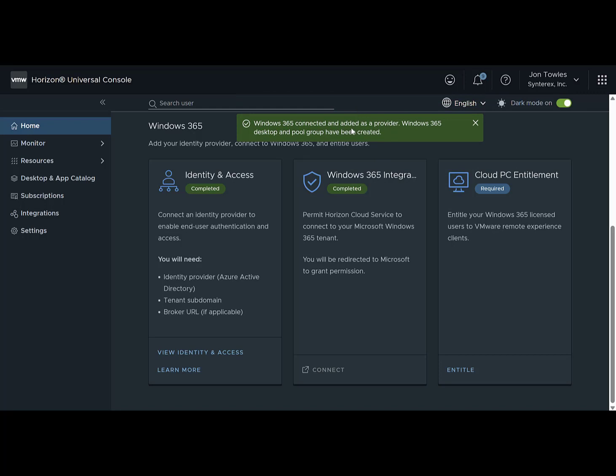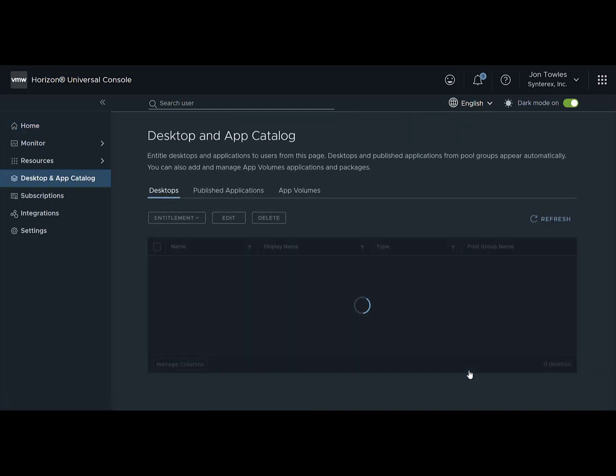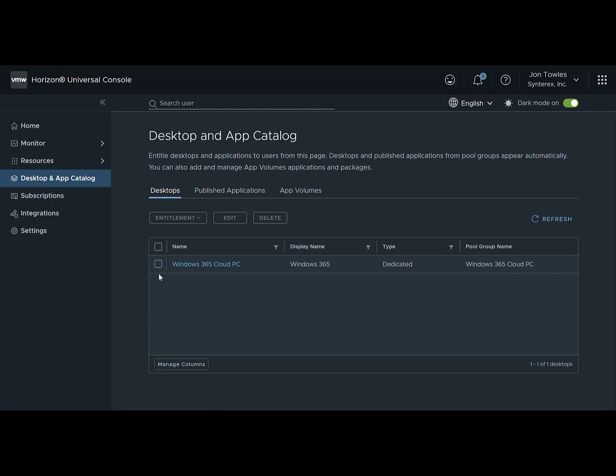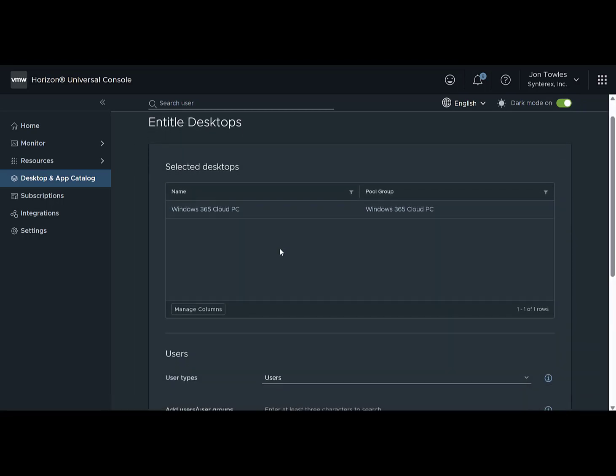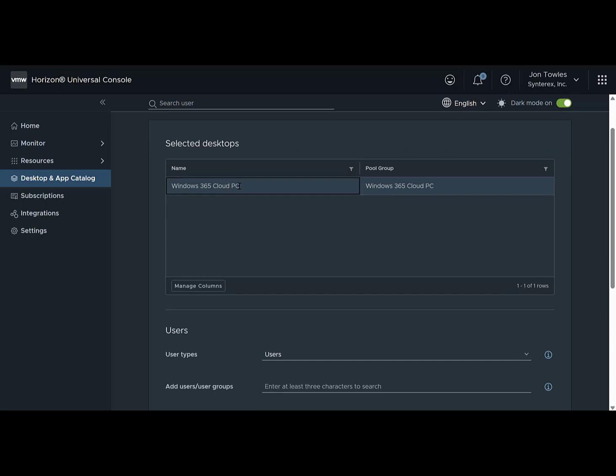Great, that has come through. That was actually pretty quick, which is nice. Now we're going to go to Entitle. So now we're going to go to Entitle, check that, hit Entitle. We're going to select that,